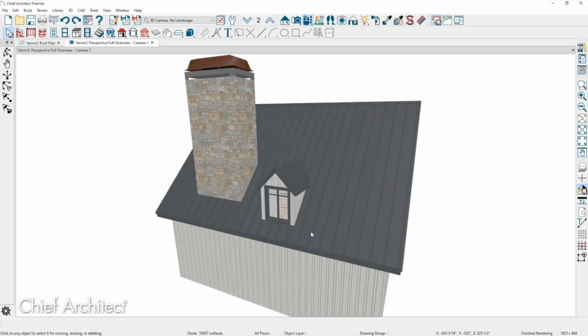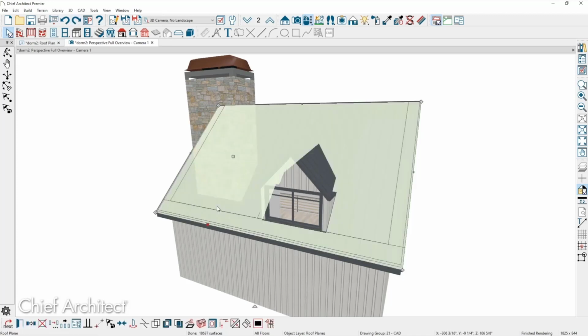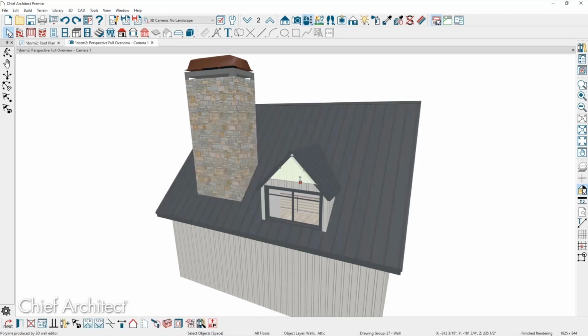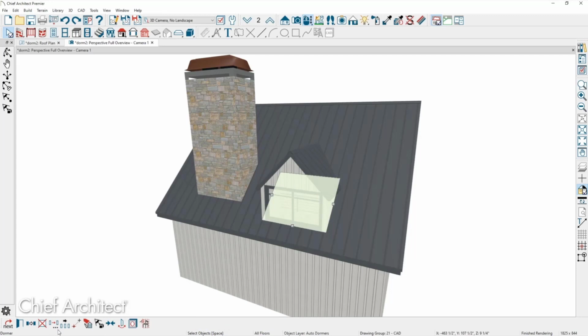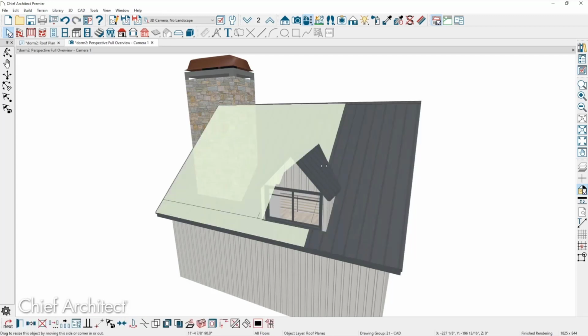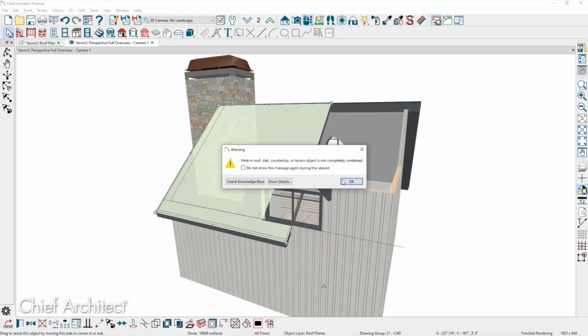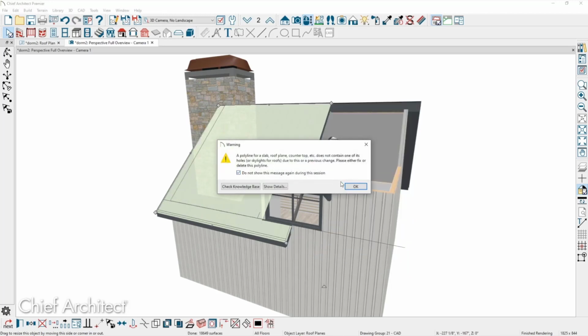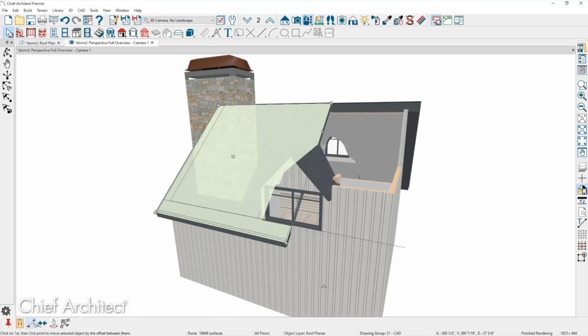Al, what would you suggest to peel that back easily? If you start peeling it back, you're going to lose the dormer in order to expose the wall. So the easiest thing to do at that point is just explode the dormer. Okay. And then if you break the roof section, it'll stay put. You can break the roof section and move it around, and the dormer will stay pretty much where it is. Okay, so I'm just going to make a copy of that roof, and we'll flip it around